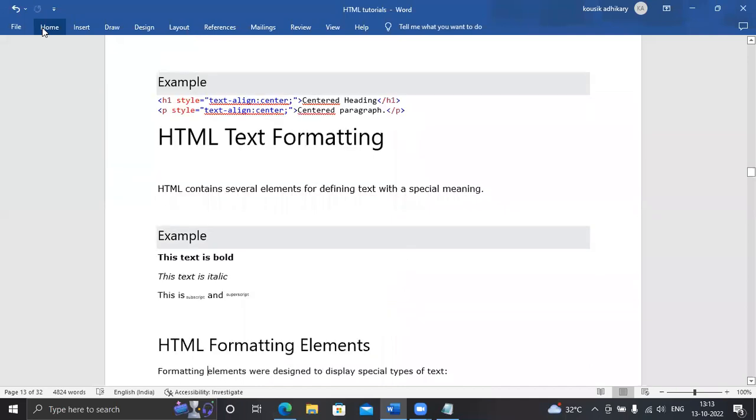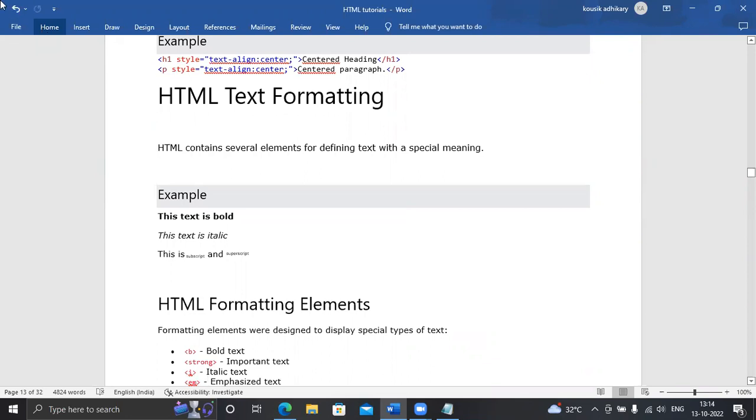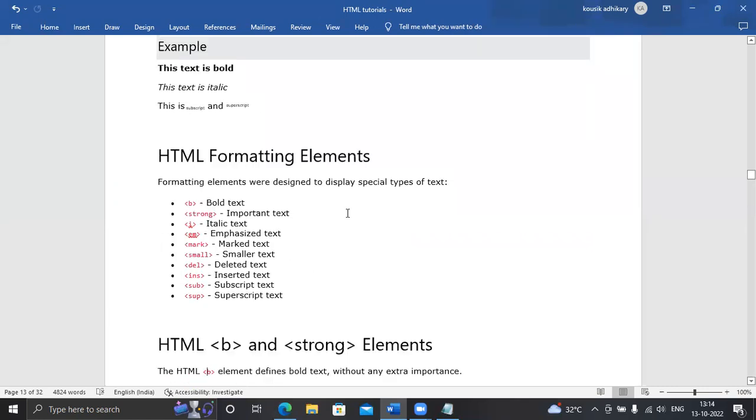HTML text formatting. HTML contains several elements for defining text with a special meaning. The text can be bold, italic, and there are many other kinds. HTML text formatting: the B tag, the strong tag, the I tag.